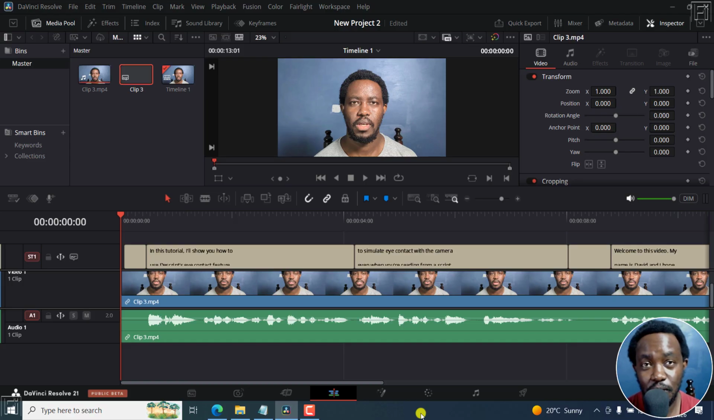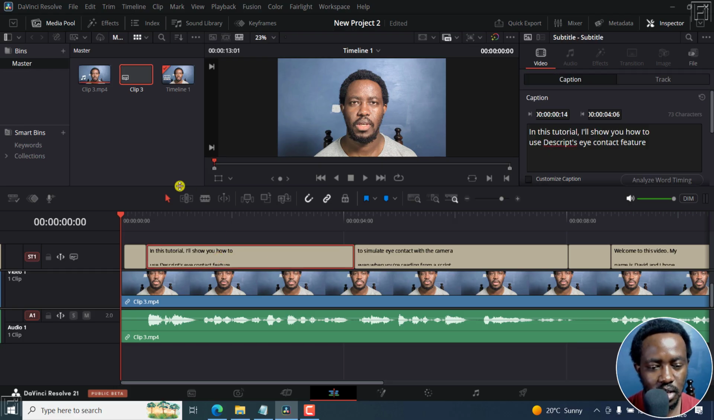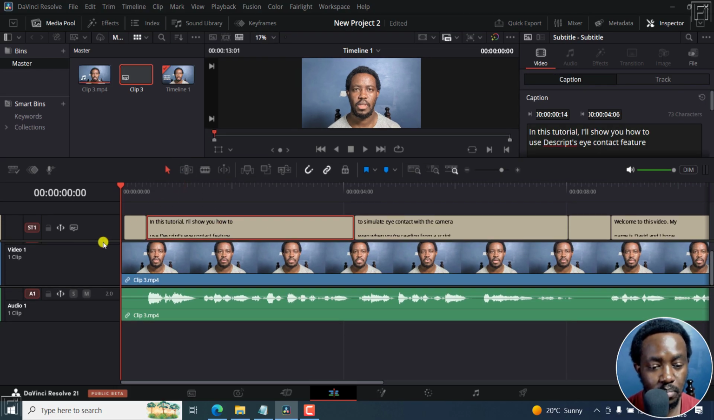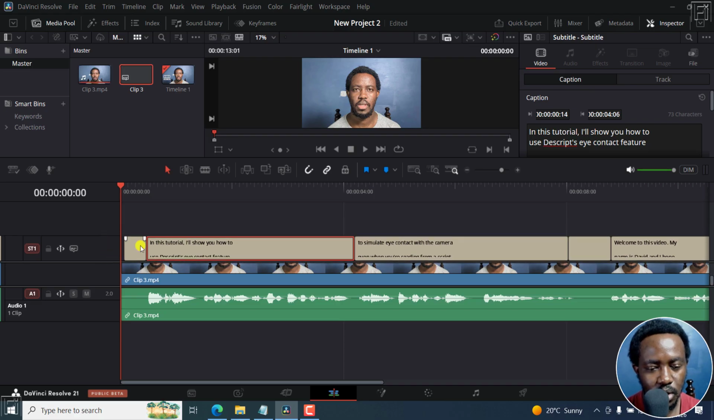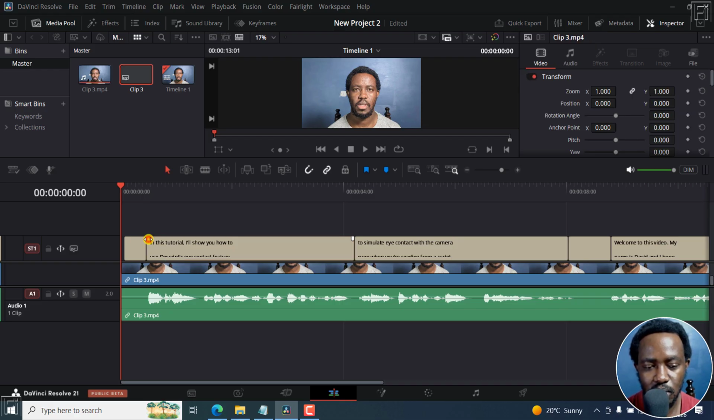Now, to fade in and fade out our subtitles, you'll need to do this manually. When you select a clip that is the subtitle right here, if you just hover, you can see what it looks like. There are handles that you can left click and hold and drag to fade in, left click and hold to fade out. So if I play this particular video right here,